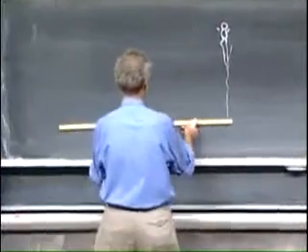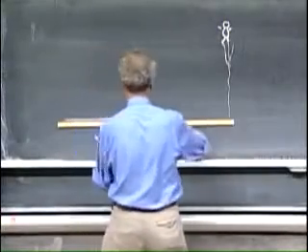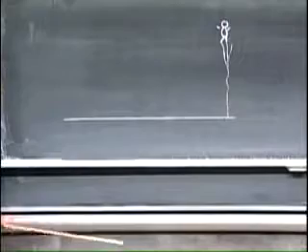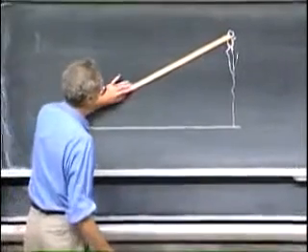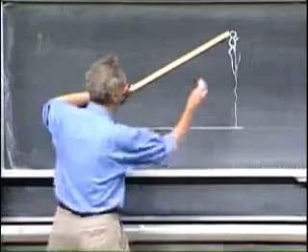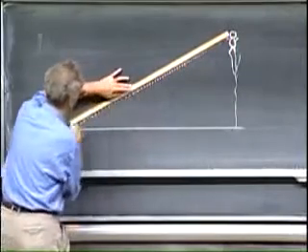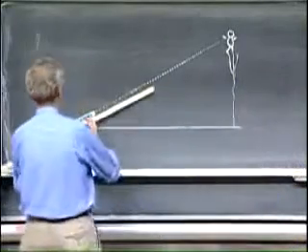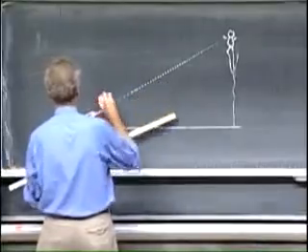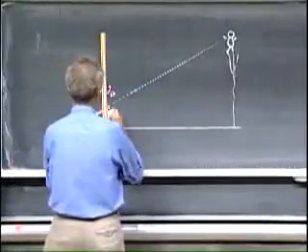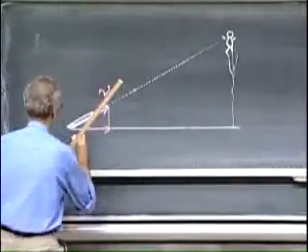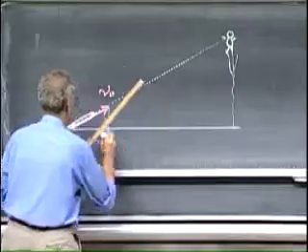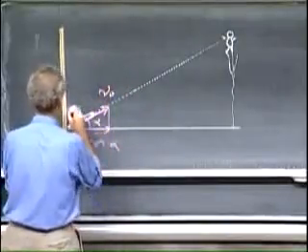And here is a hunter who never took 8.01, and he has a gun which is a golf ball gun, and he aims that gun right at the monkey. He shoots it with a certain velocity, the golf ball. Let this be the speed, v0. So the horizontal component, you're going to see that again and again, v0 cosine alpha, and the vertical component